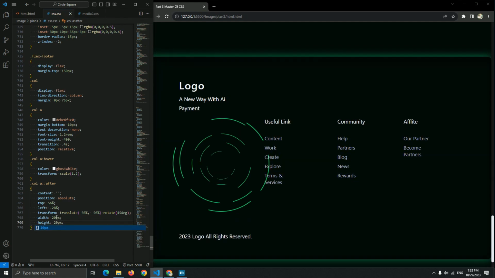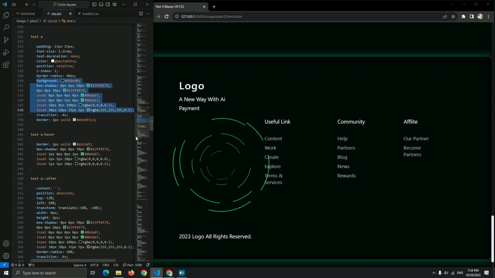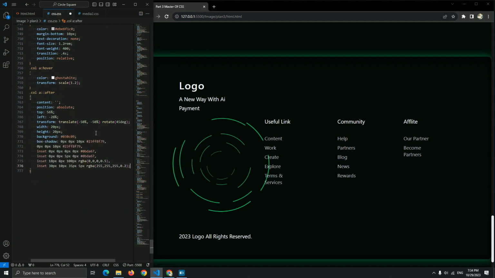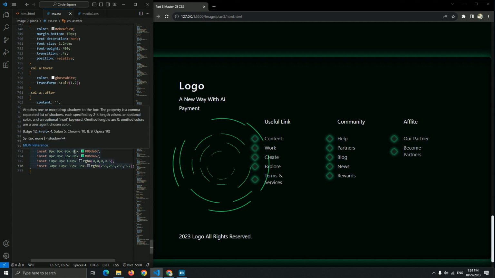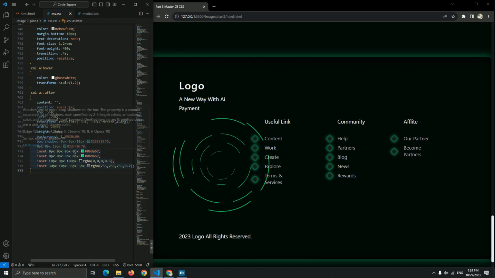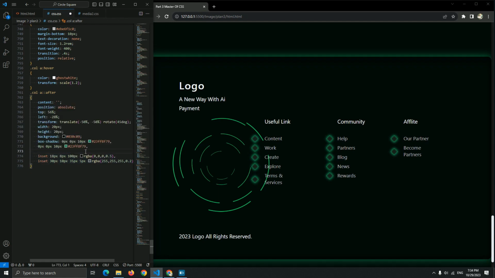Okay, now let me add a background with a box shadow. So background, here we go. This is our background. Let me add it here. Okay, this is our background, and I think we need to change it a little. Yes, 5 pixels for this. Let me remove it. We don't need, oh, I'm sorry.